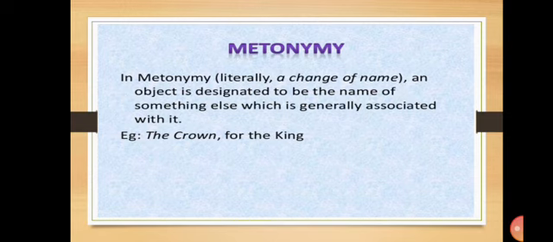The crown has taken a decision. The crowns cannot take decisions. Kings and queens do. So, rather than saying king or queen has taken a decision, we have said the crown has taken a decision. In the same way, you must have heard this statement, the pen